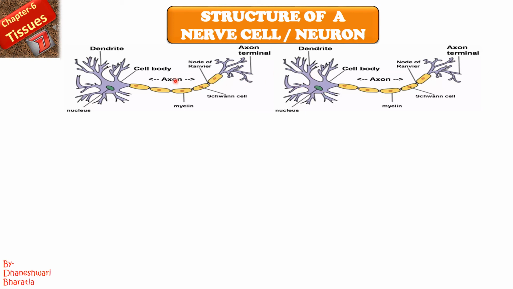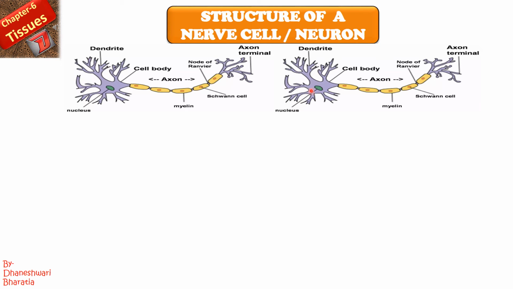But in our nervous system, so many millions of nerve cells are connected back to back. This nerve end or axon terminal is connected with a dendrite. So whatever signals are produced here at the dendrite, they will pass through the cell body, move through the axon till the nerve ending, and from the nerve ending those signals will be passed to the dendrite of the other neuron. Am I clear with this?